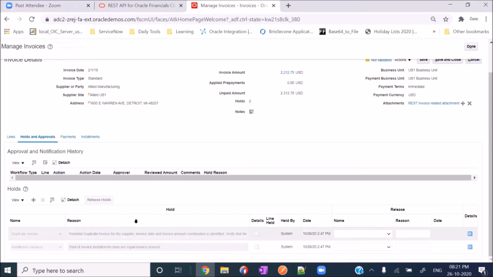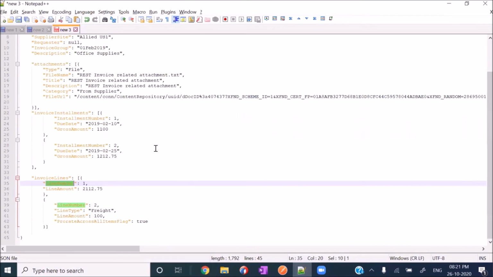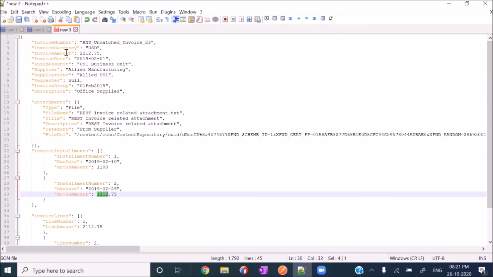What are the holds? Both are system holds. One is that the total of invoice installments does not equal the invoice amount. If you check the installments, installment number 1 gross amount is 1100, and here the gross amount is 1212.75. What is the invoice total?